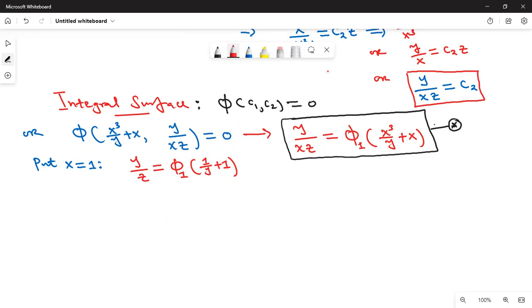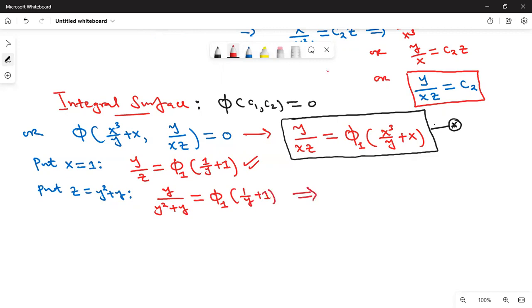Another one, you put Z is equal to Y squared plus Y in the same equation here. What are we going to get? We are going now to get Y over Y squared plus Y is equal to phi1 of 1 over Y plus 1,